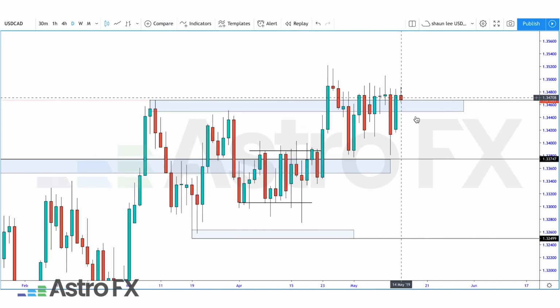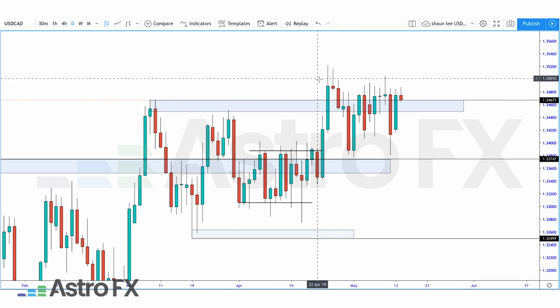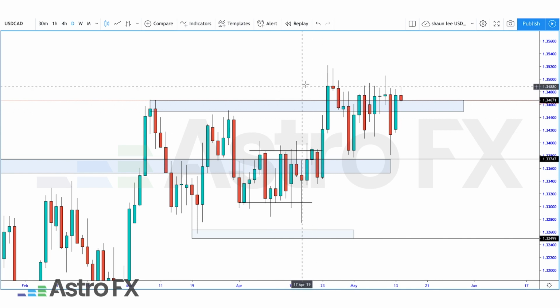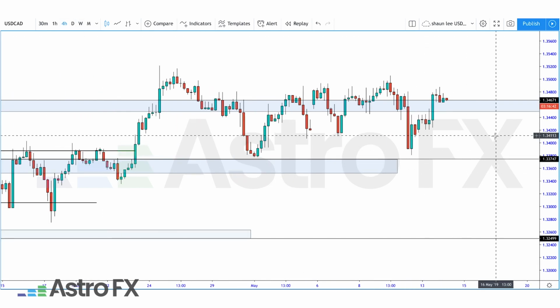Daily time frame right now, as you can see, chop, chop, chop all over the place. 1.3435 where my crosshair is the most important region to be aware of on USDCAD. Now, yesterday we had the bullish engulfing that brought us all the way back up above our region. Remember our good old region that we've been looking at for a while. So we are more or less trapped in this consolidation until price makes the next move.